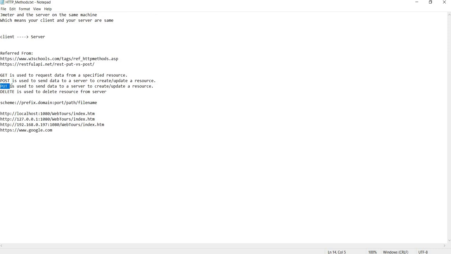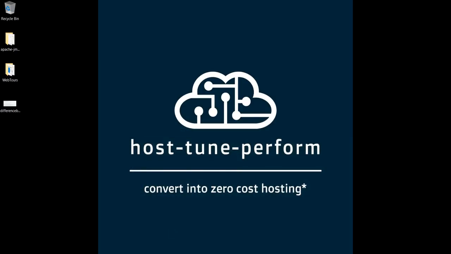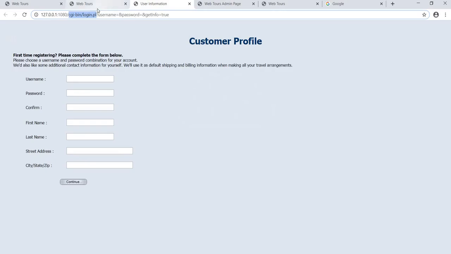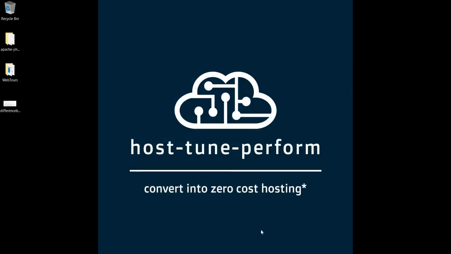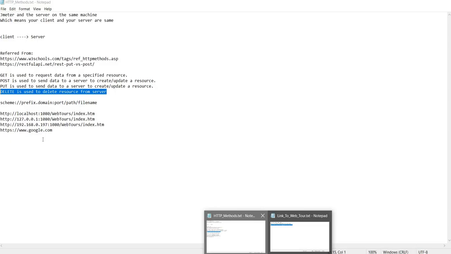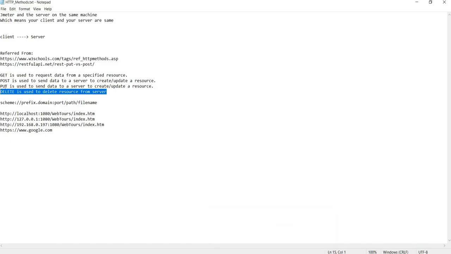Now there are two more HTTP methods. One is PUT and another is DELETE. DELETE is to delete some resource from the server. It means that if we want to delete the index.html file, we just need to change the method type to DELETE and then send the same request to the server. How can we send it? That is a different aspect. You just need to understand a glimpse of these methods, which are GET, POST, PUT, DELETE.